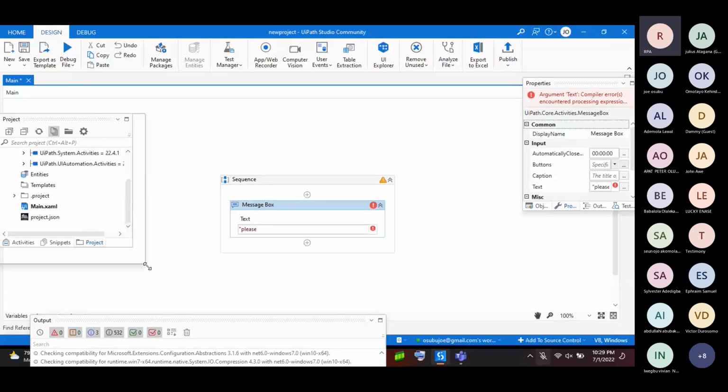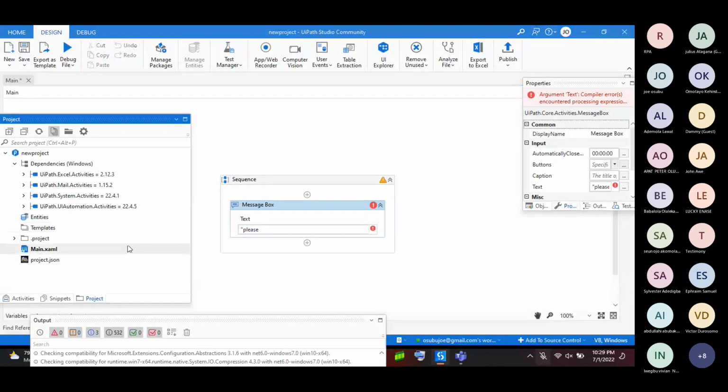I think the entire project panel. Now, right click on system activities, that dependency. Under it we have Excel activities, mail activities, Excel. Let's right click on system activities. Yeah, it's not even closed. You have not closed the statement you have put in your message box. Okay, yeah, even